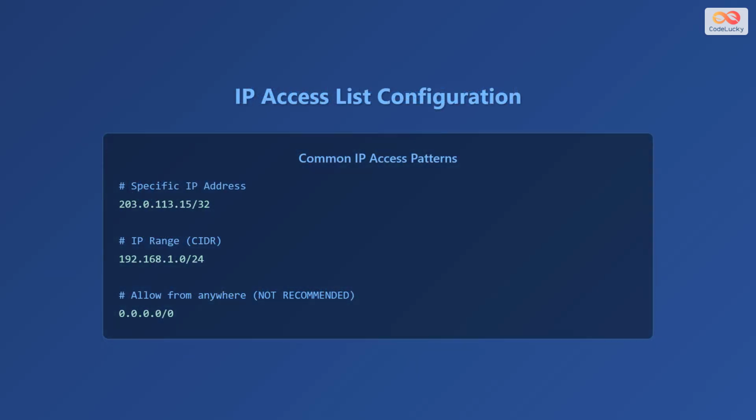Here are some common Internet Protocol access patterns. To allow a specific Internet Protocol address, use the following format: 203.0.113.15/32. To allow an Internet Protocol range using classless interdomain routing, use the following format: